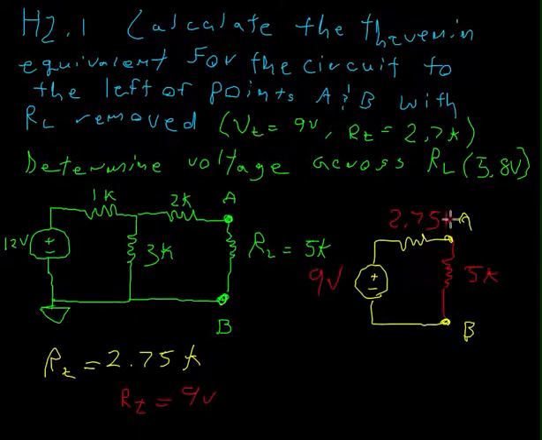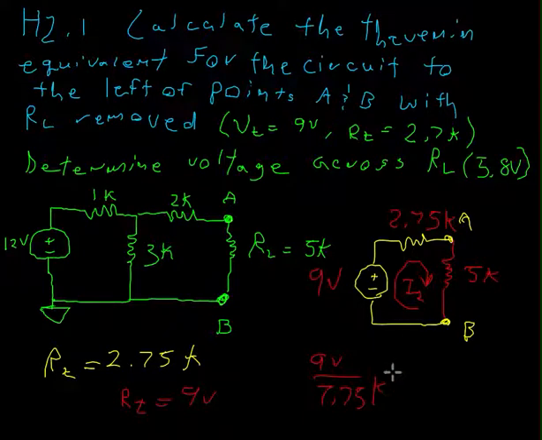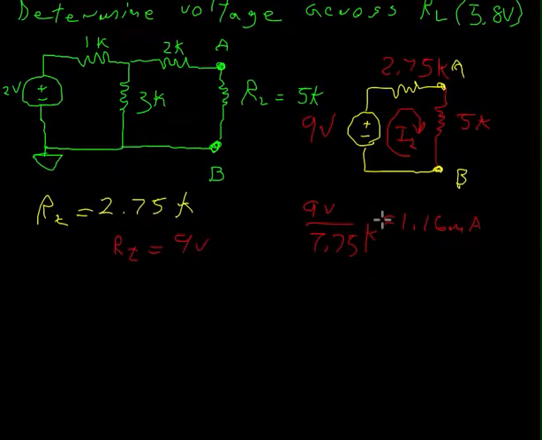Sorry, I forgot my K up here. So we take the resistance again and calculate the current. It's 7.75, let's see, off the top of my head, I think that's about 1.16 milliamps. I'm just kidding, that wasn't off the top of my head, I calculated that much earlier. So we then have the 1.16, we multiply it by the 2.75, which is going to give us a voltage drop of about